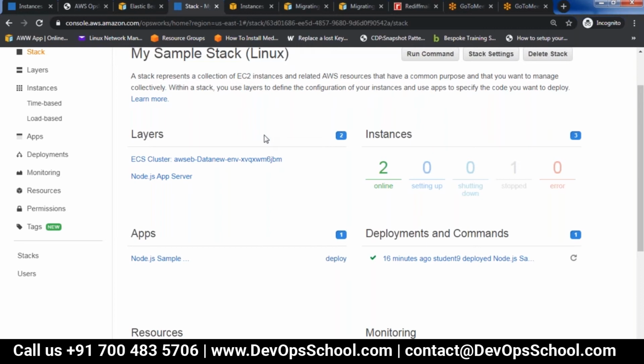Shrikant, what is the use of CMK? Customer managed keys, you are referring to. The use of CMK is basically, see, there is a customer master key, and from the customer master key, a data key is created, and the data key is used for encrypting your data.